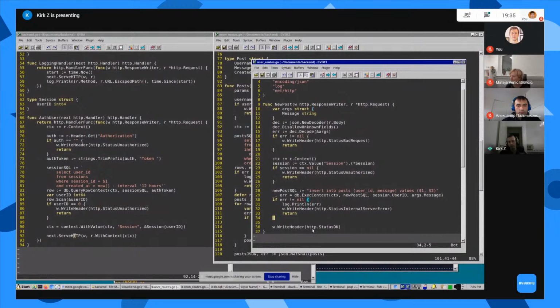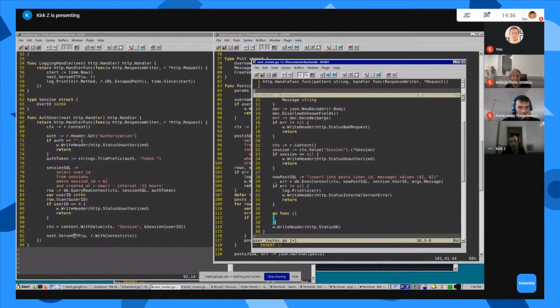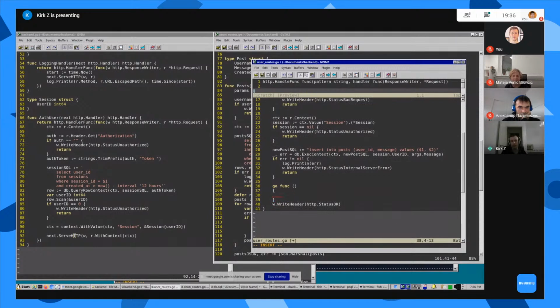I can have a routine to generate log data, or let's say I can create a Go routine that hits my analytics server. So let's say I have Amplitude or another analytics as a service within my stack, and I'm making an API request to them. I can do that within a Go routine where I go func, and then I just put whatever code I want. And then when this is called, this code is going to execute in a separate thread,